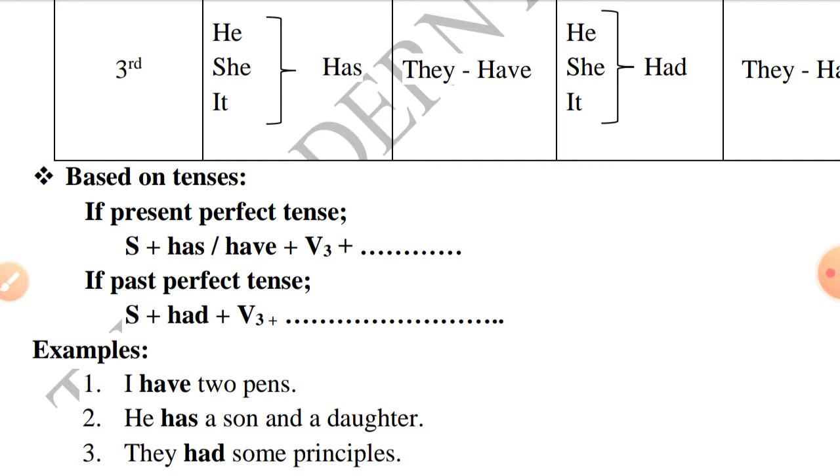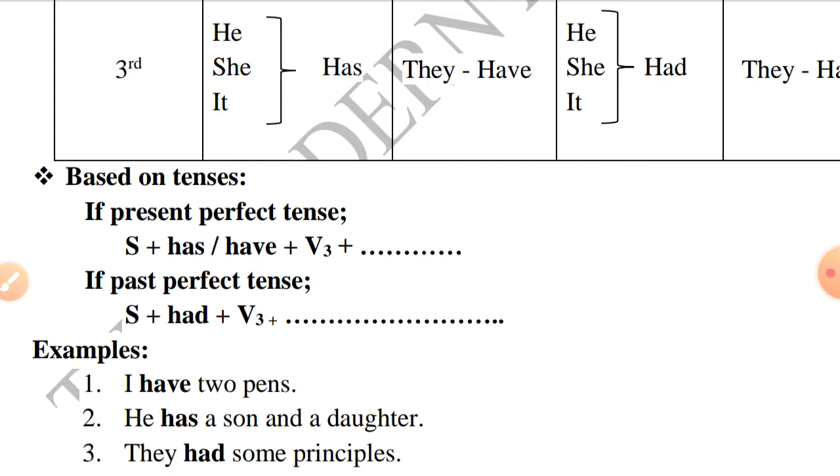And what is past perfect tense? Past perfect tense refers to a time earlier, just before, okay, just before only it is completed. Past perfect tense means it is started and it is completed just before. Understood?